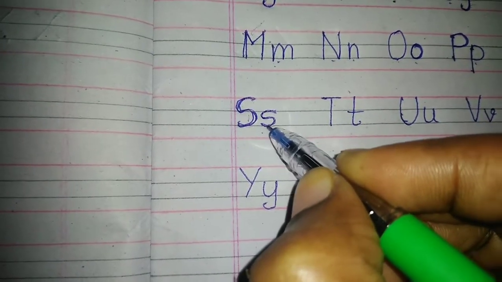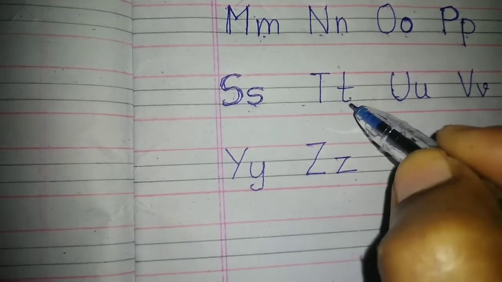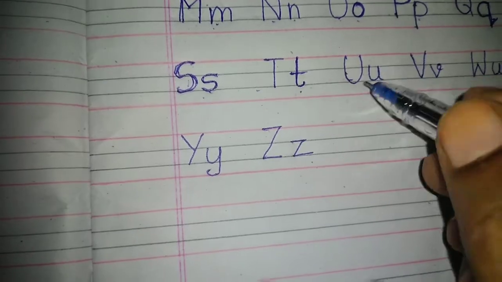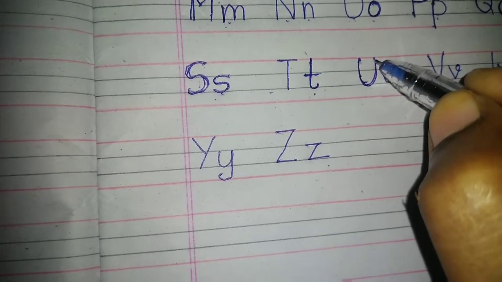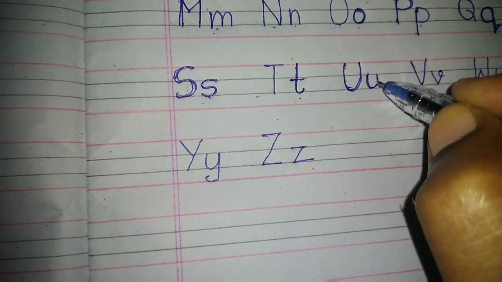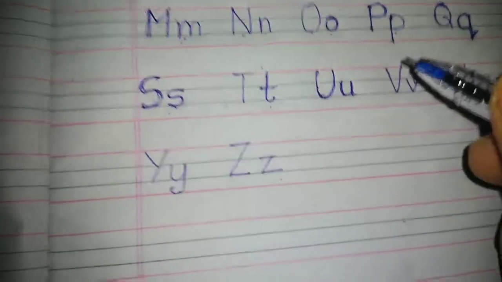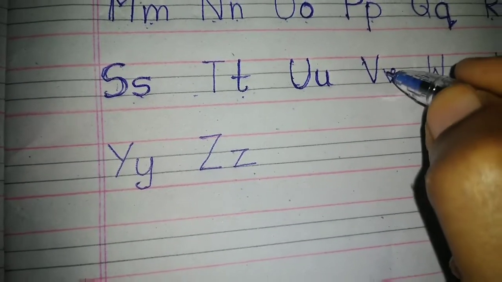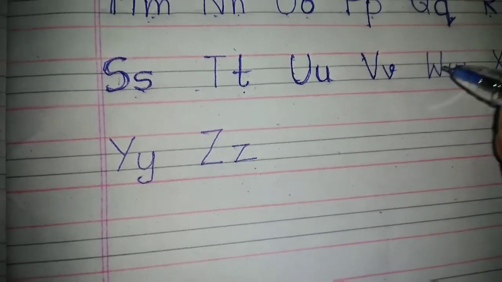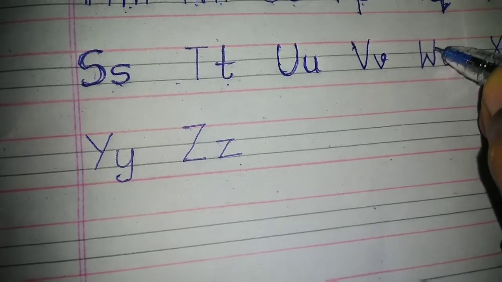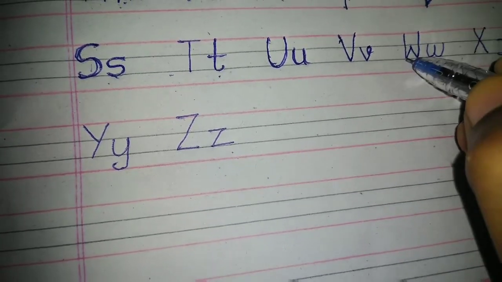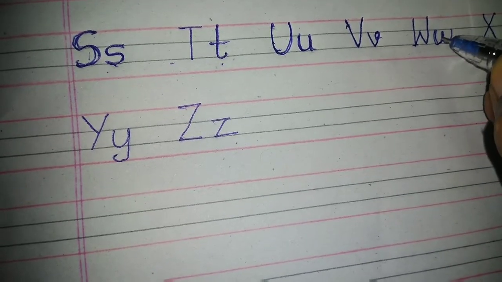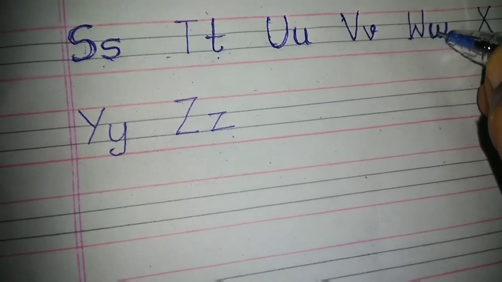Small s only belongs to 2 lines. And capital T, small t. Small t writing is a standing line joined with a curve and a sleeping line. And U. Capital U belongs to 3 lines, but small u belongs to only 2 lines. It has one standing line also. And capital V is a slant line and slant line. There is no difference, but small v belongs to only 2 lines. And capital W and small w. Capital W is a standing line, slant lines. It belongs to 3 lines. But small w belongs to only 2 lines, with upper curves joining.